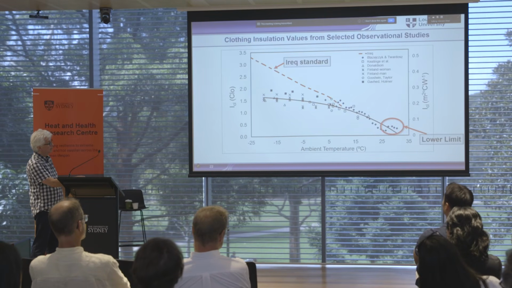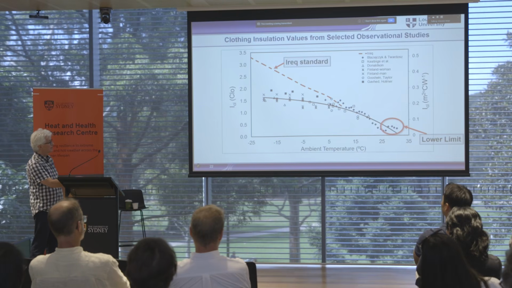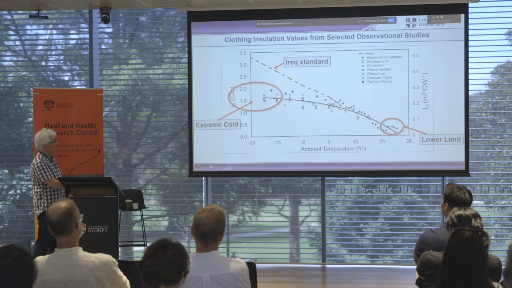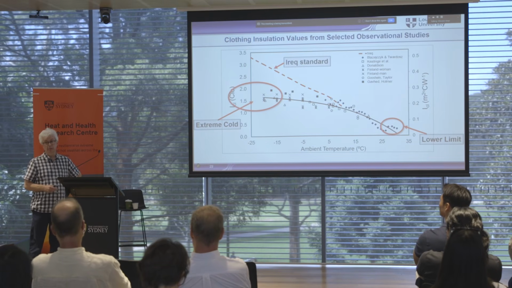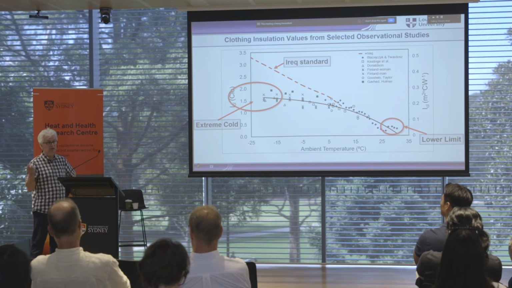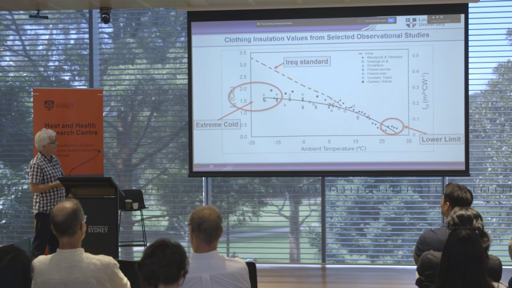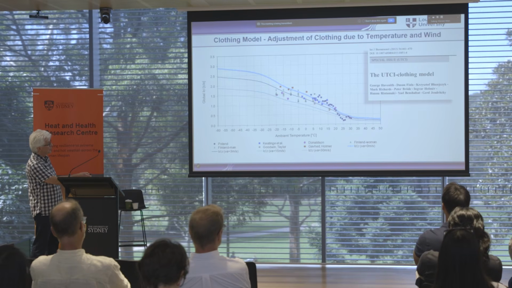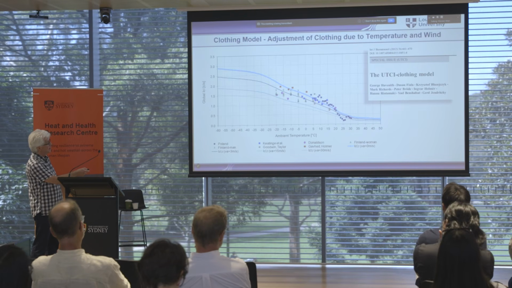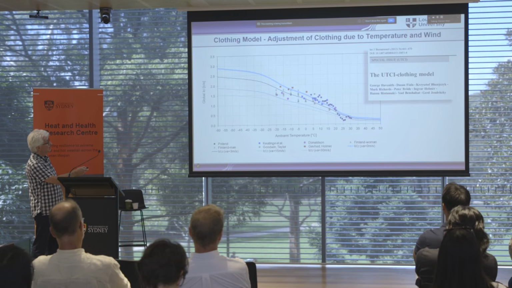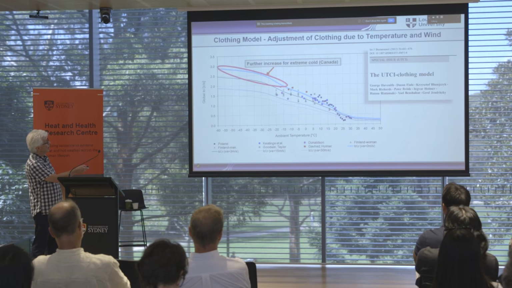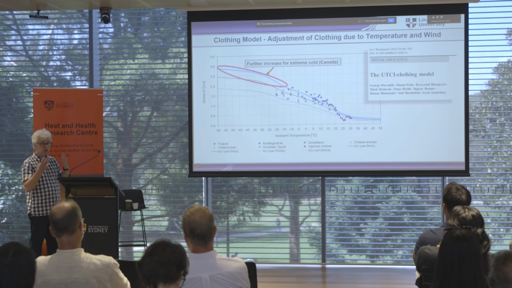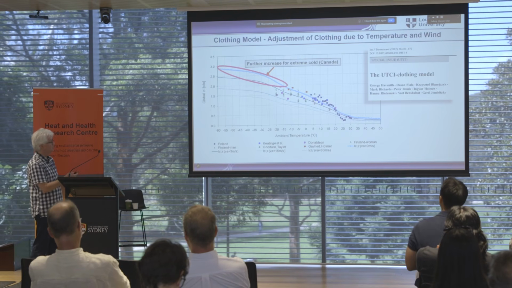Lower limit down here. So if it gets hotter, it stays at this value. And in extreme cold, we had input from the Canadians. When it's below -25, they said, well, people definitely add more specialist or more clothing. So we did that as well. So this is the clothing model again. So the blue dots here, that's the same curve up to here as you've seen in the previous slide. And this is the extra increase for extreme cold that we arbitrarily added. So it's lots of arbitrary decisions in this.